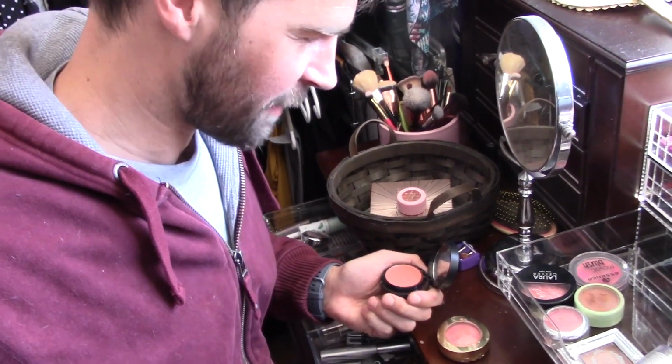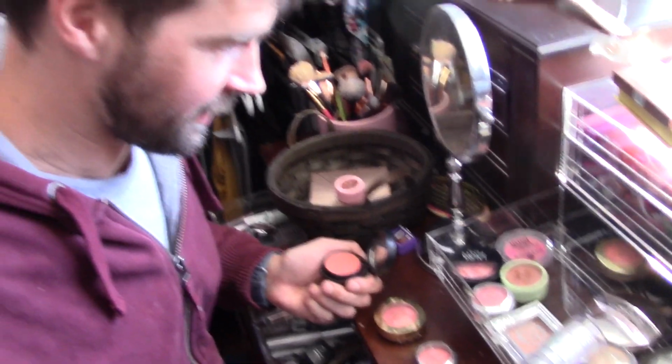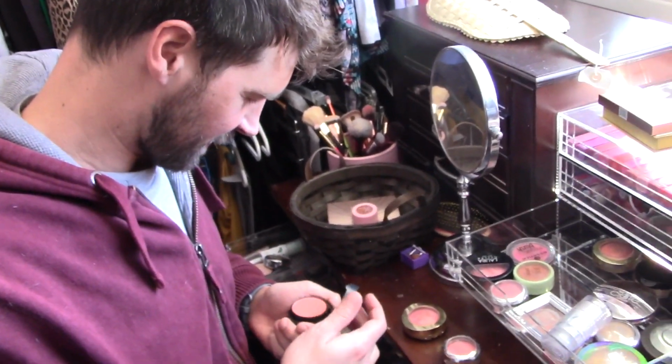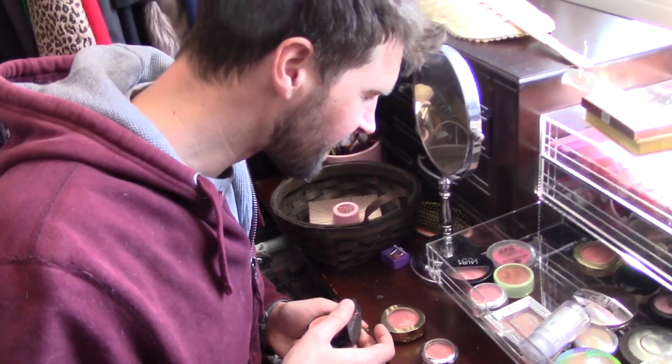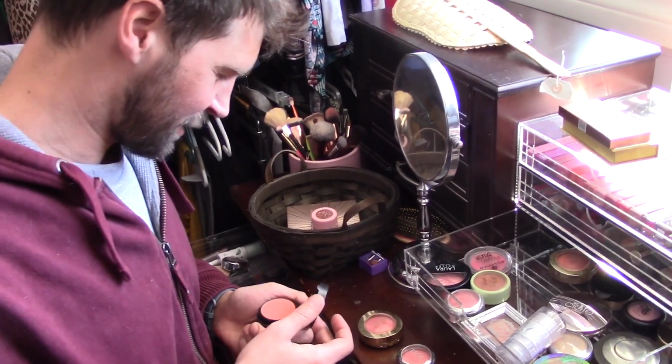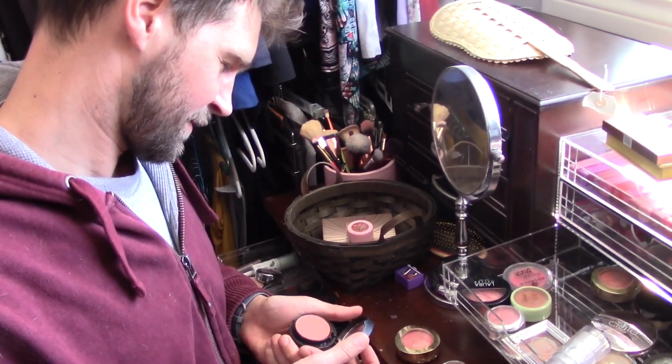So you get pink, pink, pink, pink, pink, or pink, and pink. Yeah. Blushes are generally varying shades of pink. Well, thank you for the lesson. This one doesn't even look like it's been used. Is there a reason this one has...